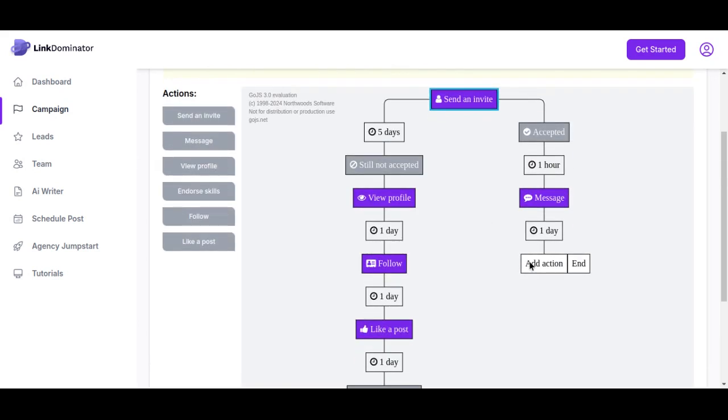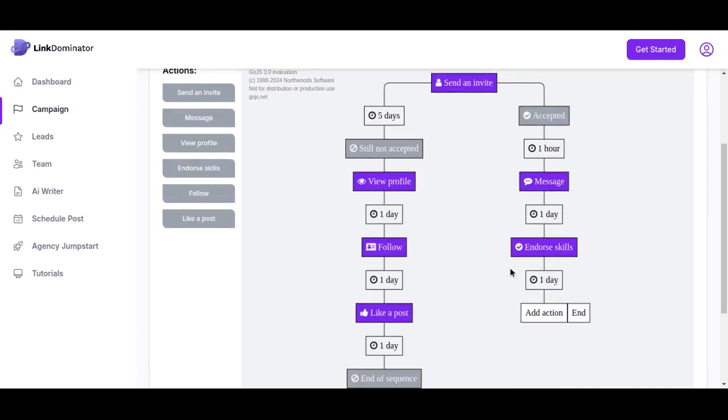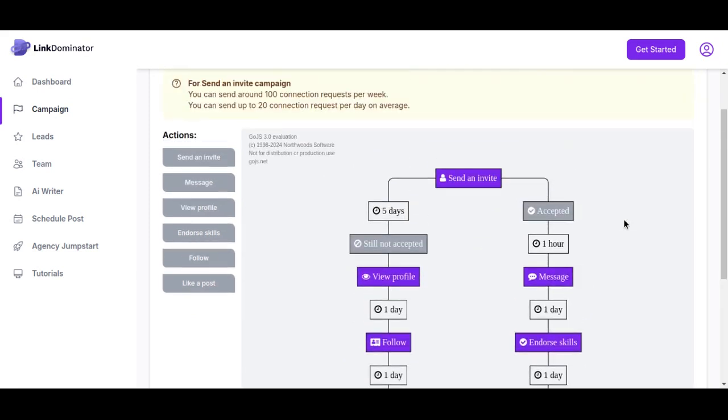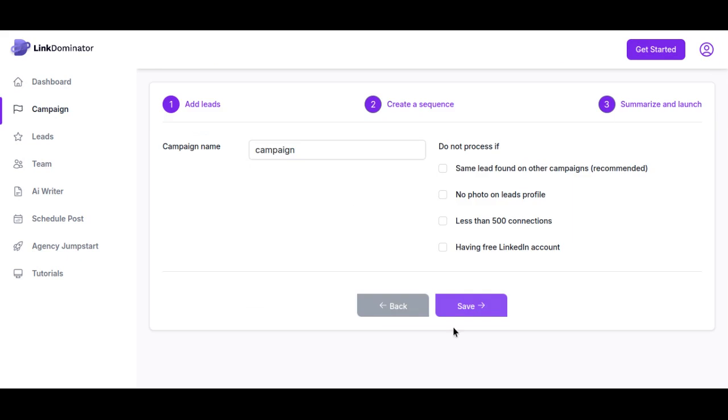Now you can add more actions right here. You can go on to endorse skills, and once you're done with this, you click on end, and this sequence has ended, and then you can click on next. So right here now is where you put your campaign name, and you can give it a name, say custom lead gen